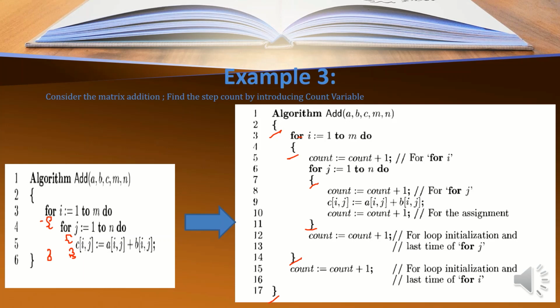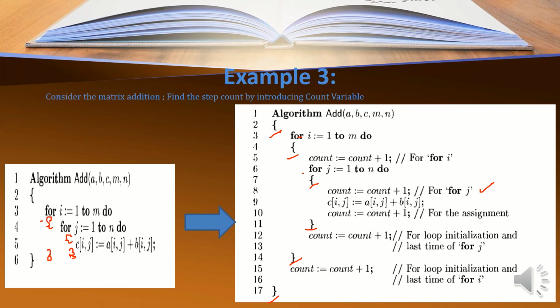Next, for the second for loop, the innermost for loop, I will introduce one count variable, count equal to count plus 1. Then for the assignment statement, I will introduce a count variable with one step count. Then this innermost for loop also executes one more time, for the last time, just to quit or break the for loop.